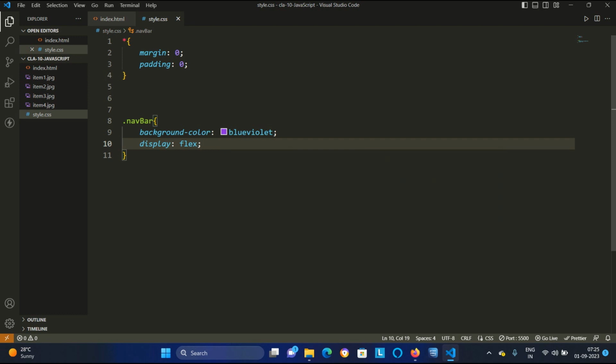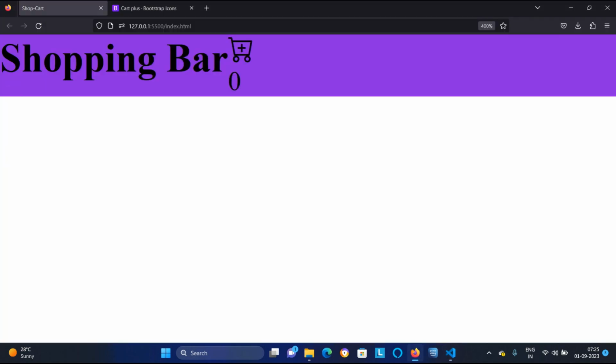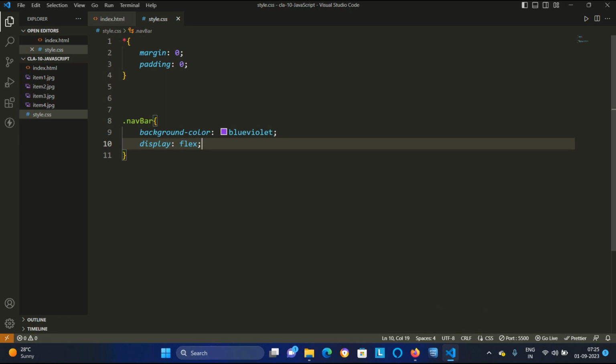So Control S, if I set this nav bar as display flex, all the things which were coming in a column are now coming in a row. Are you looking? It is coming in a row now. By default, with display flex, the flex direction will be row.